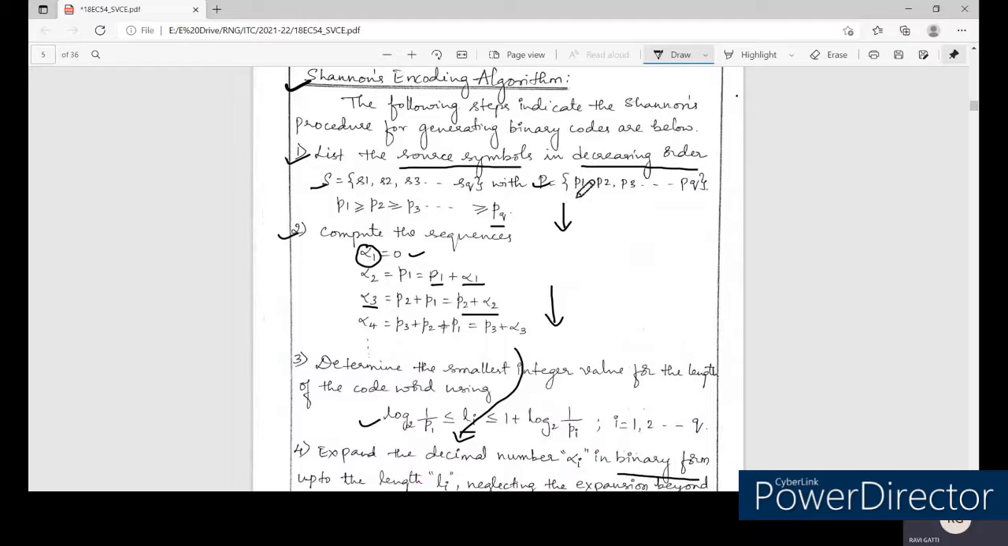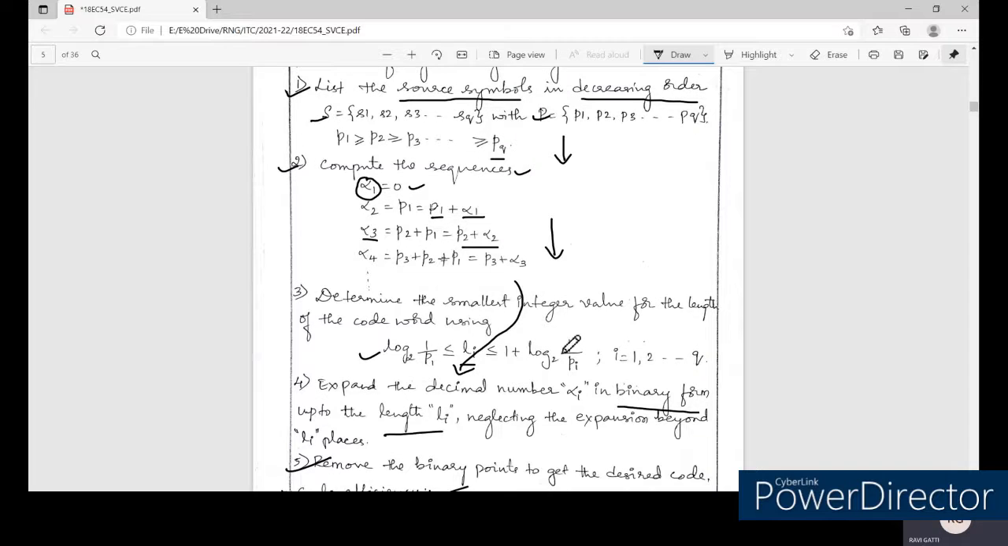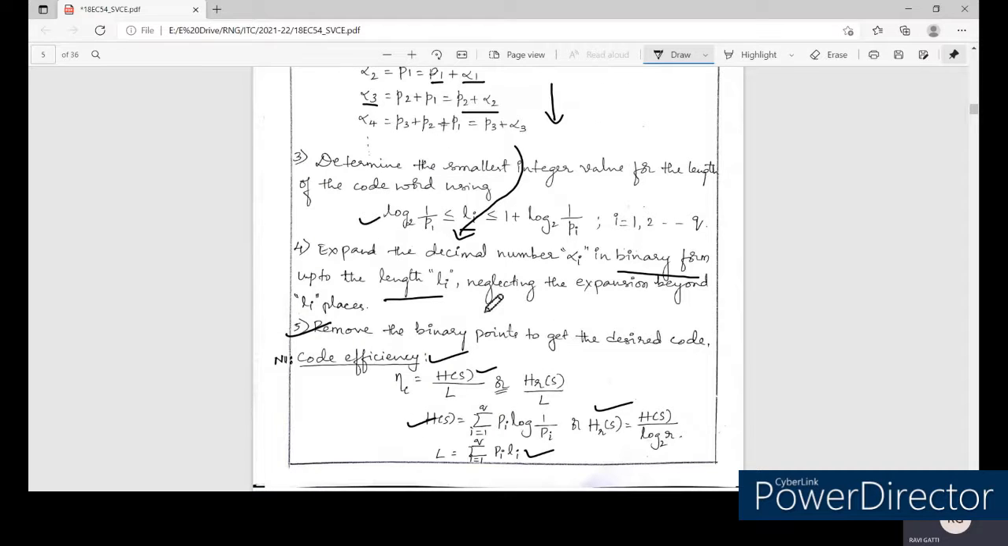and then you need to compute the alpha values. The number of alpha values depends upon the number of source symbols you have. Then you need to find the smallest integer value for each source symbol so that you can represent them in binary form. Next, the decimal values of the